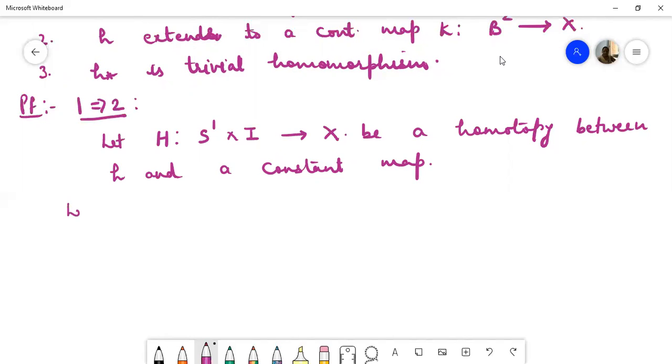And then we define a mapping pi from S1 cross I to B2 by pi of (x, t)